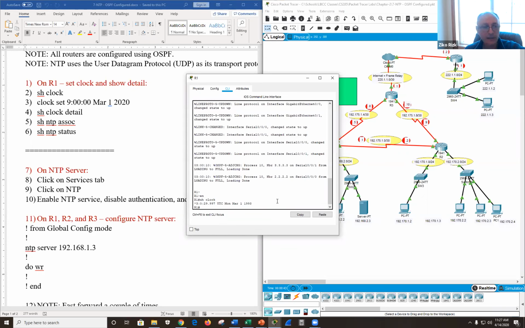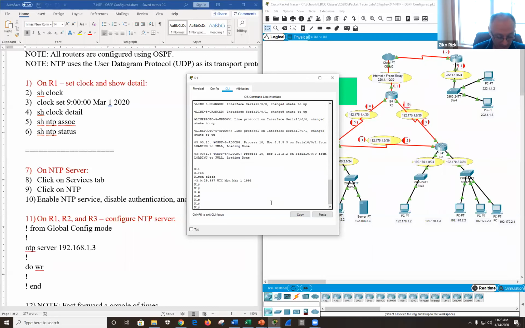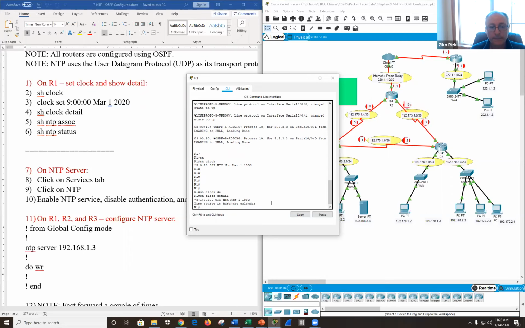So we want to synchronize it with a master clock. The master clock can be that atomic clock, or it can be a local server that's synchronized with a higher server. And then we can change it. Show clock detail. Time source is the hardware calendar.